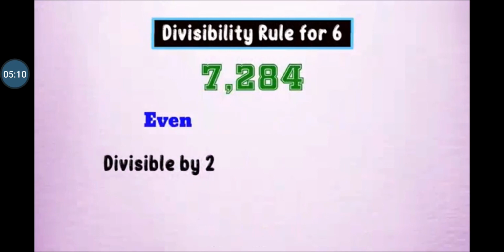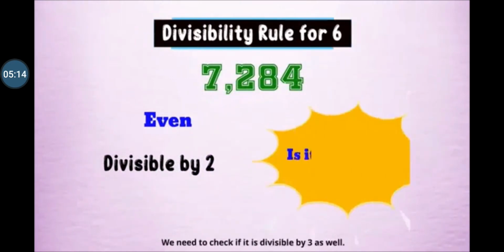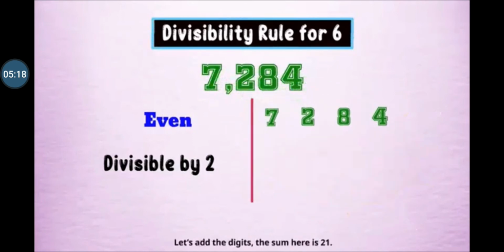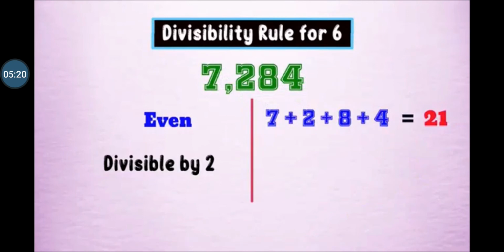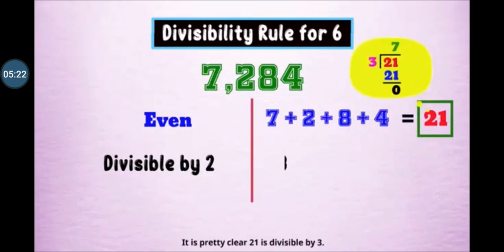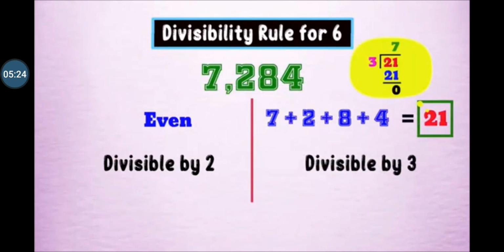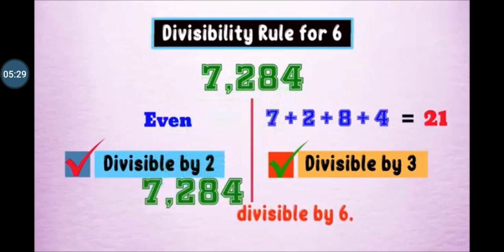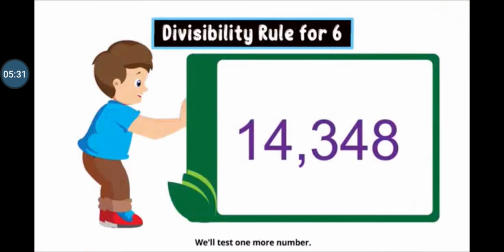So the last digit is even. Now we have to check the divisibility rule for 3 also. Is it divisible by 3? We have to add all the digits. Yes, 21 is divisible by 3. So if the number is divisible by both 2 and 3,